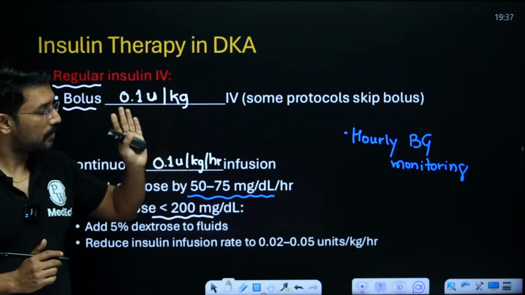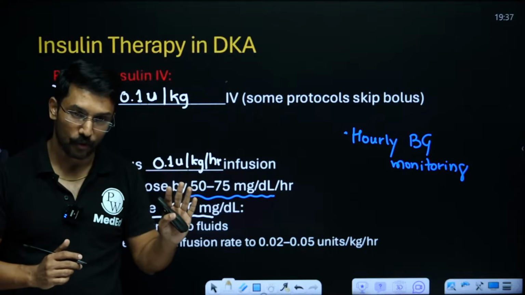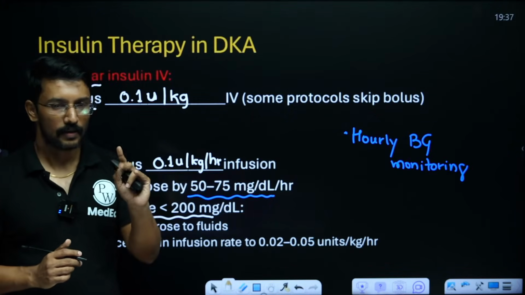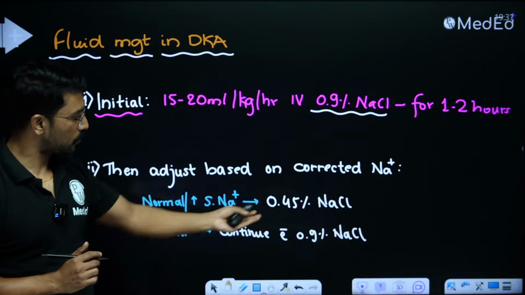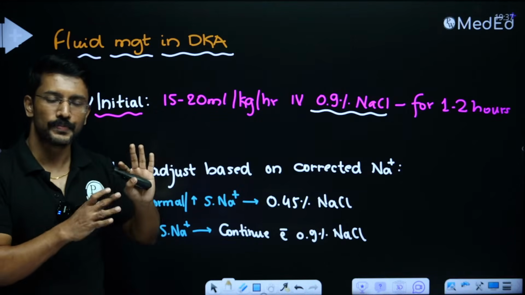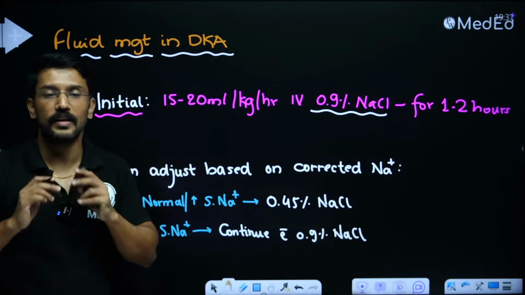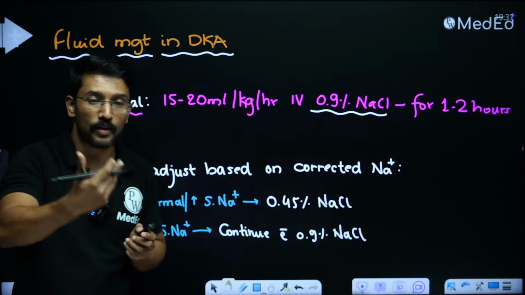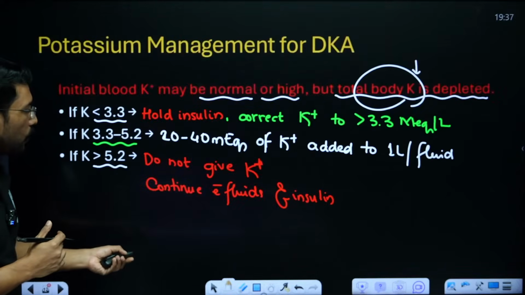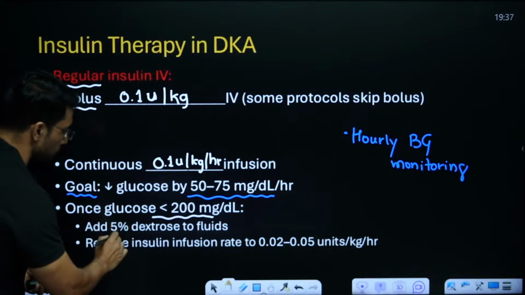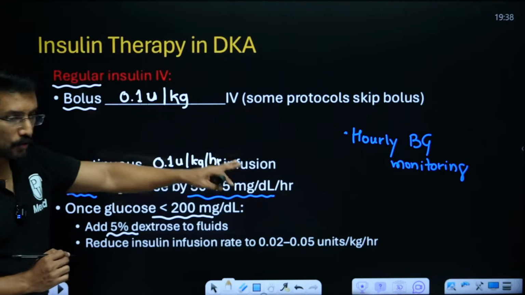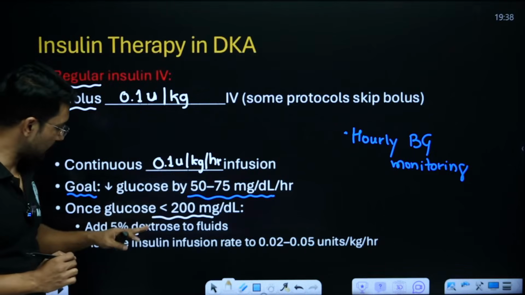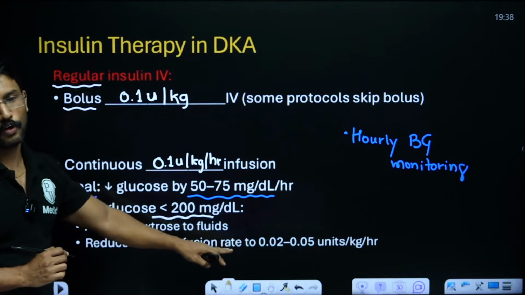One, जो भी insulin infusion चल रहा है उसे रोक दो. Second, जो भी fluid चल रहा है, normal saline, half normal saline, whatever you are using, stop it, because now the pathology is largely addressed. The things are getting towards the physiology. So now I have to switch the fluid to either DNS, or if I'm continuing with the normal saline, then I have to add 5% dextrose to the fluid,